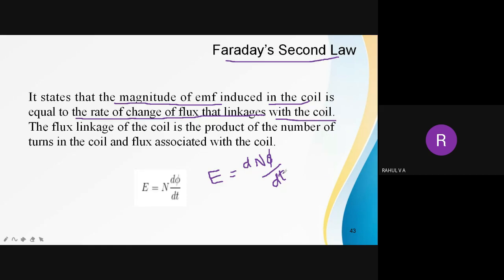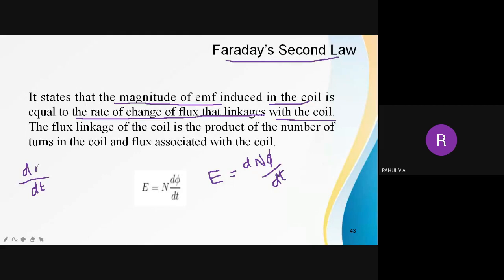So as we move towards the coil, flux linkage increases. When we are moving out of this coil, flux linkage reduces. So as time goes, the flux linkage changes. So it is equal to the rate of change of flux linkage. Assume that there are n number of turns. In each turn, the flux linkage happens. So total flux linkage is equal to n into phi. The rate of change of flux linkage, that means rate of change, we normally represent with d by dt.